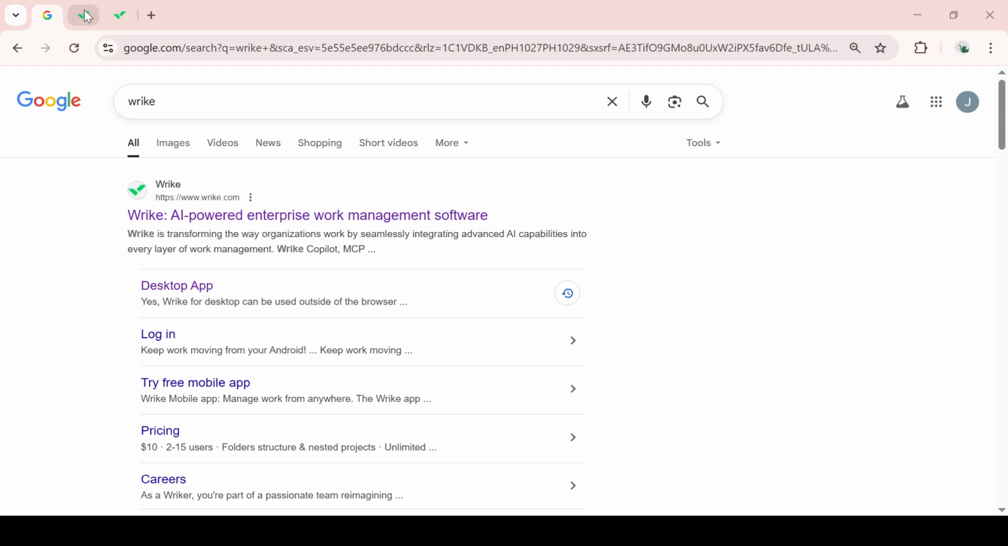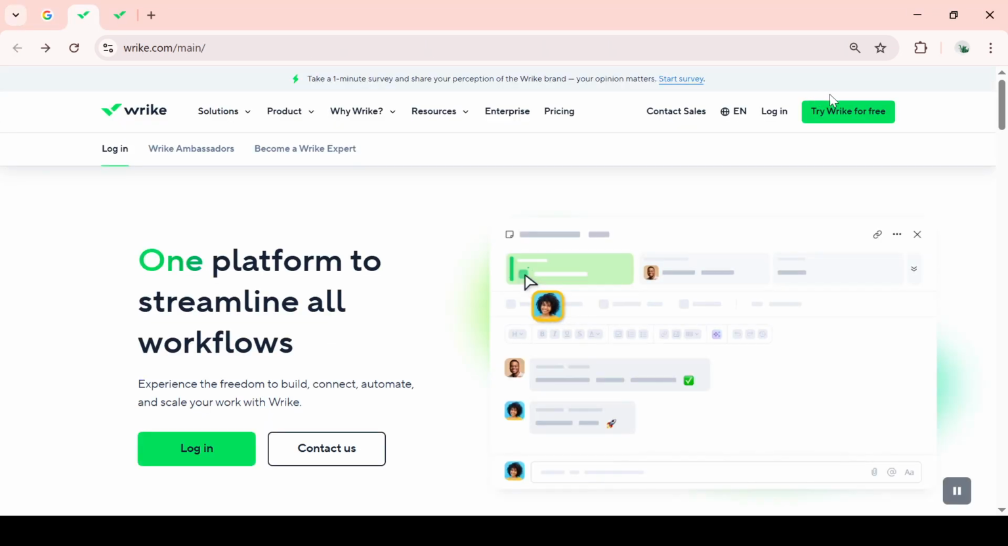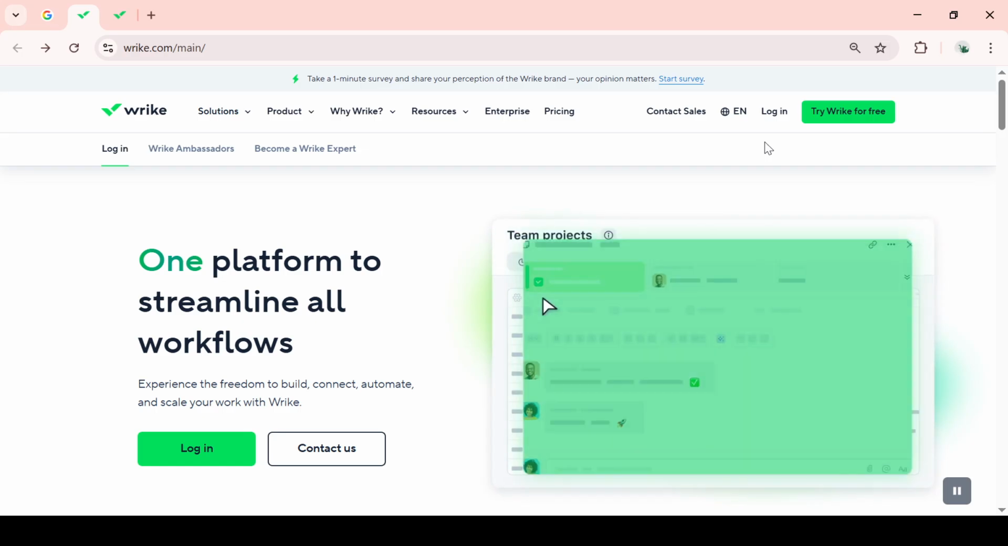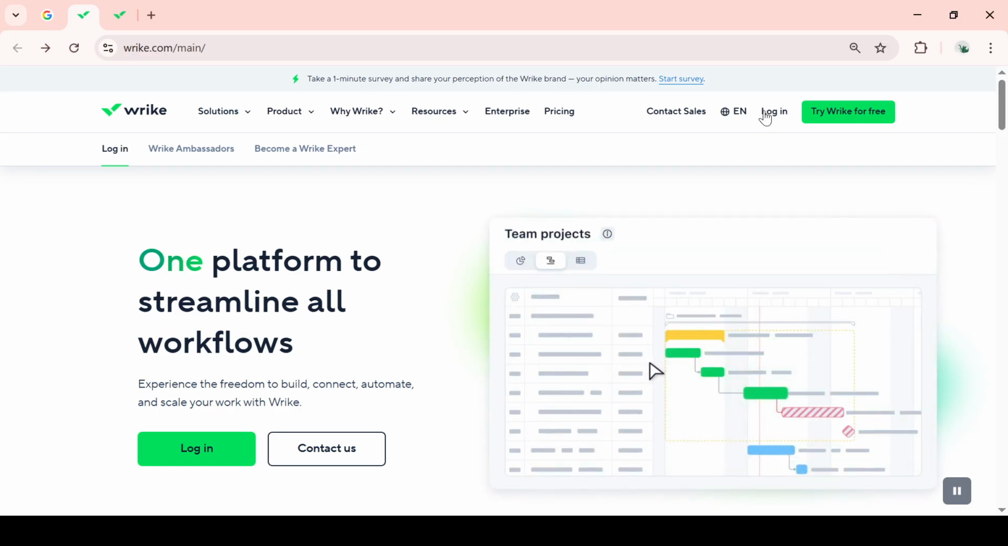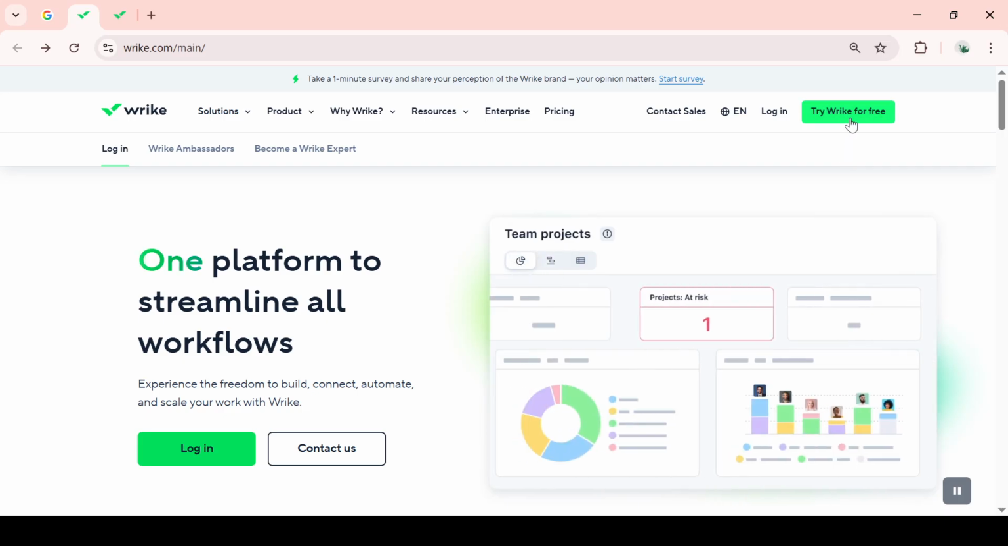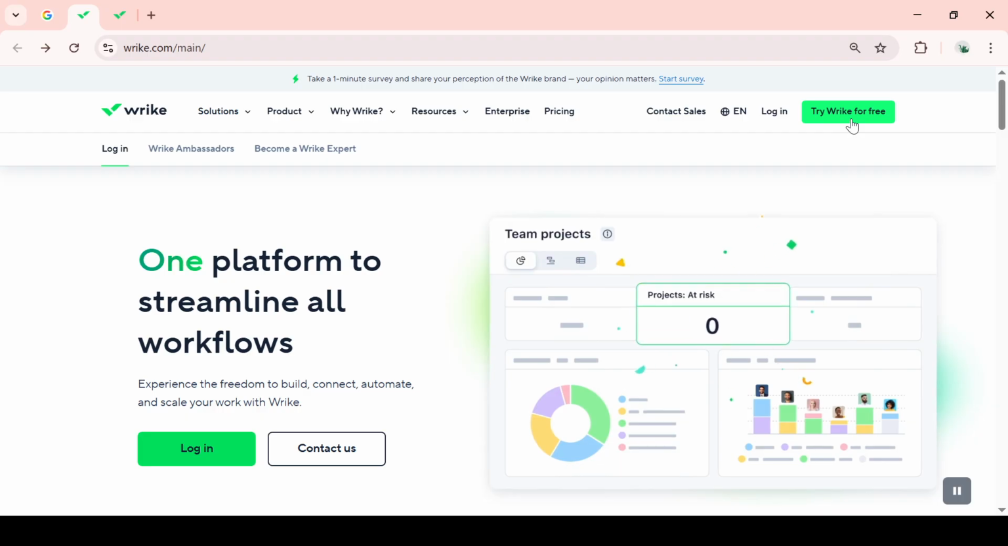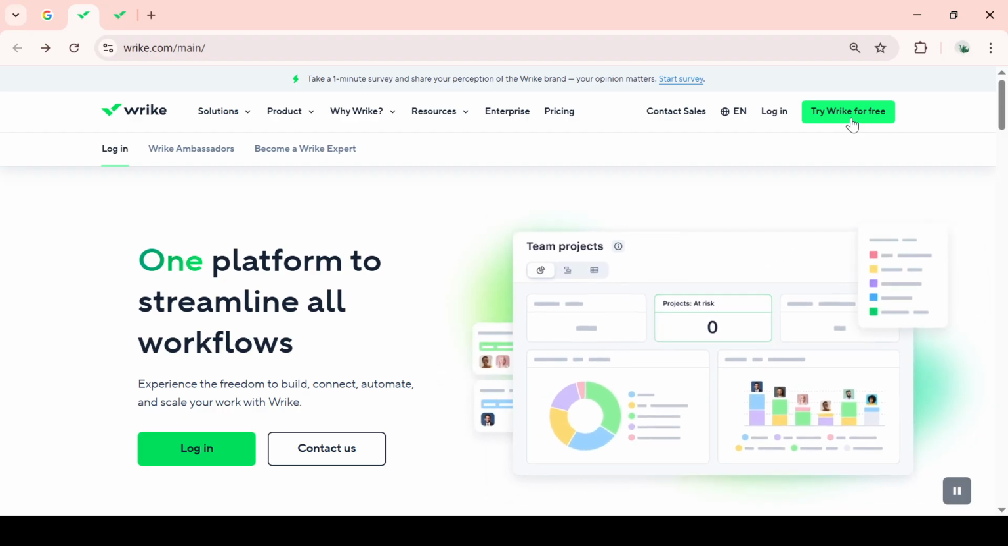Once the website is loaded, you'll notice two main options on the home page. If you already have an account, go ahead and click on Log In. If you're new to Wrike, you might see a tempting option that says, Try Wrike for free. Feel free to select this if you want to explore Wrike's features in more detail before committing to a full